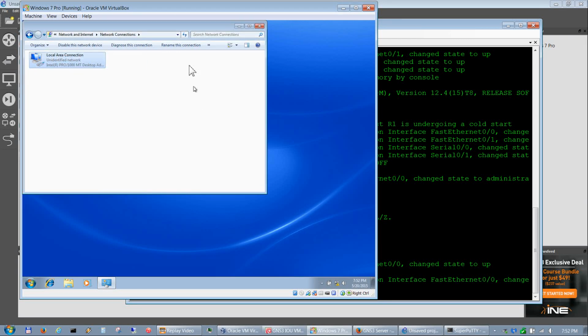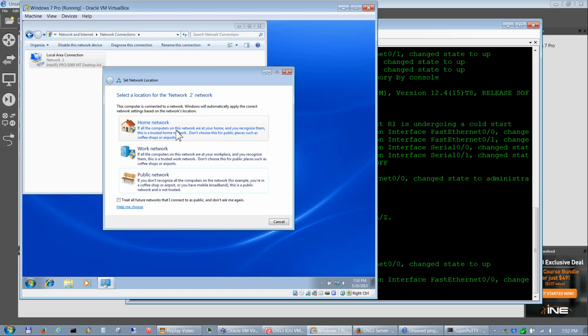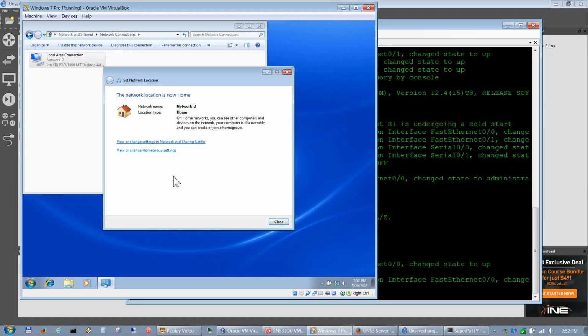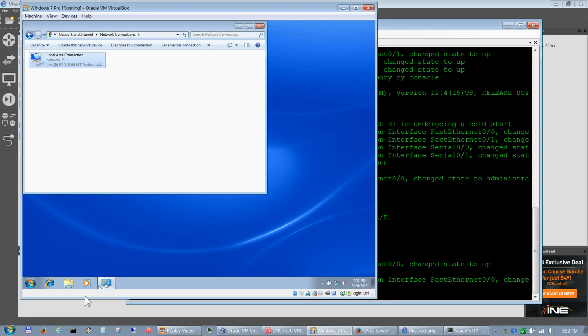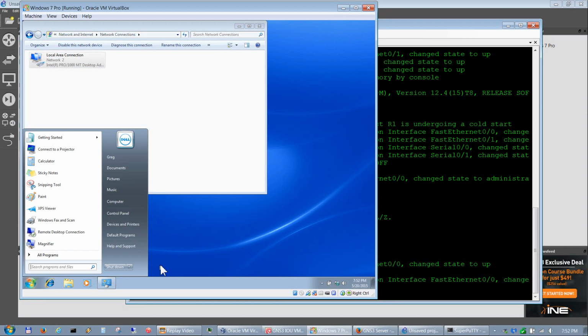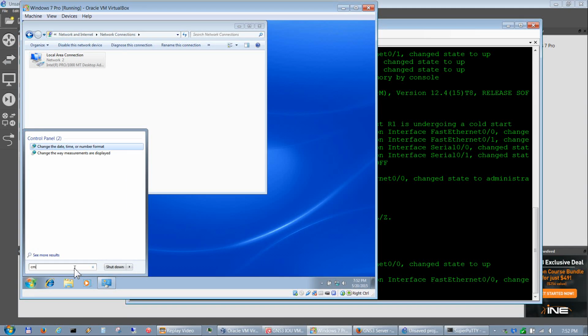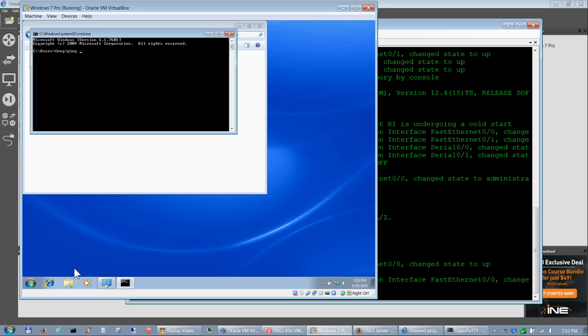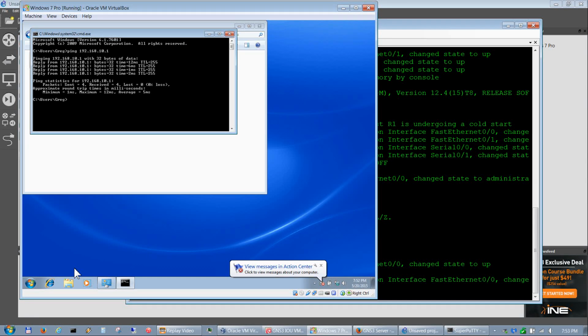Once that closes, it'll pop up the network and you hit Home Network for network type and close, just like you normally would if you're connecting a PC to a router or switch. Well, probably a router in this case. And then from here, you can open up a command prompt and ping, and voila, you got VirtualBox running